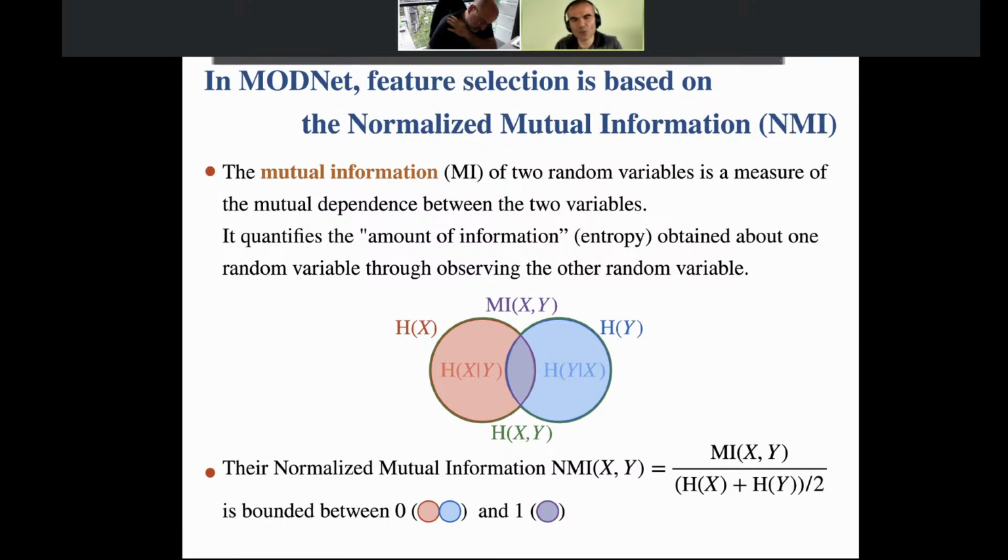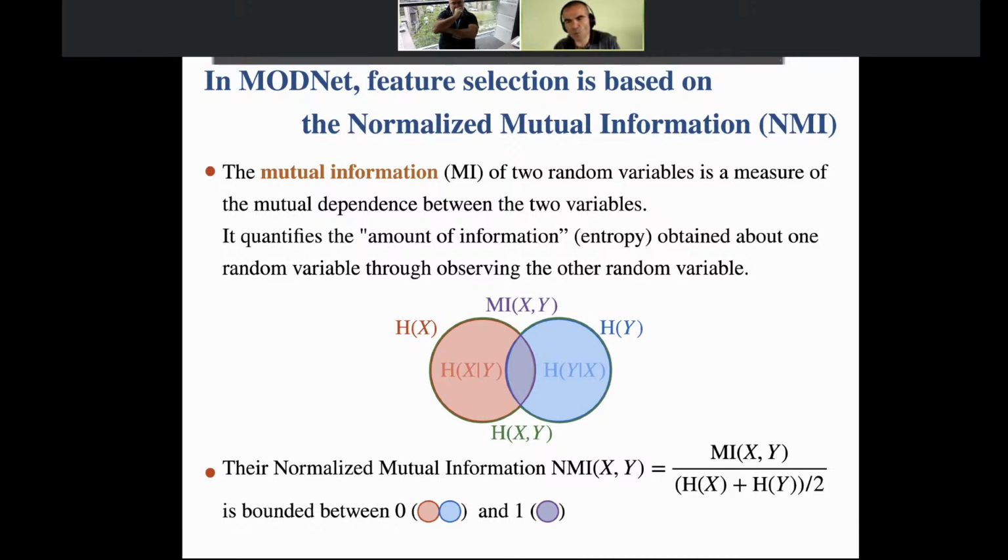You have the part called H(x|y), which is what you don't know about x when you know y. And reciprocally, H(y|x) is what you don't know about y when you know x. So what you want to have is features that have a lot of mutual information with the target.